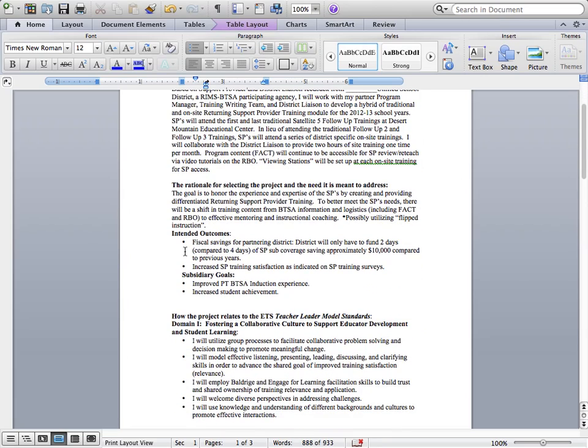And my intended outcomes were reciprocal in that I wanted to benefit this large agency who was spending over $10,000 for sub-release time for their mentors to come to training. I wanted to save them money by coming to them. That was one of their concerns, so I wanted to help meet that concern. And I also wanted to increase their mentor satisfaction, and I was planning to do that by looking at feedback